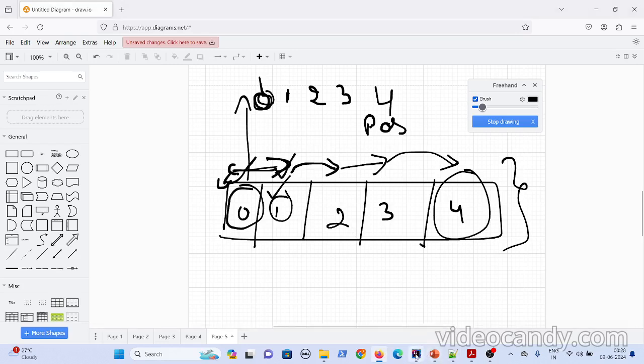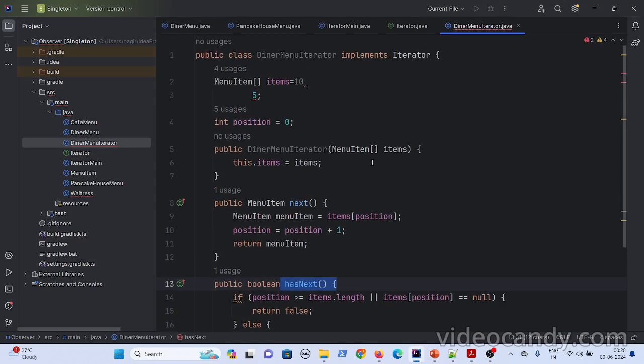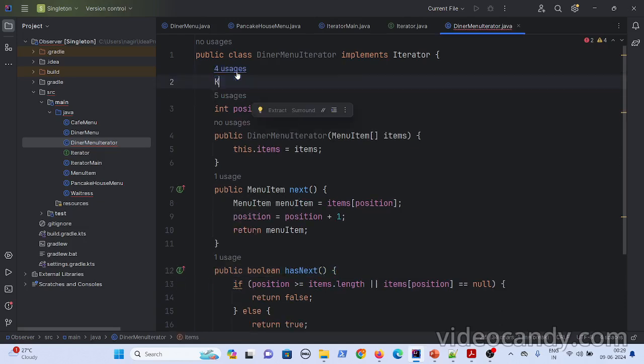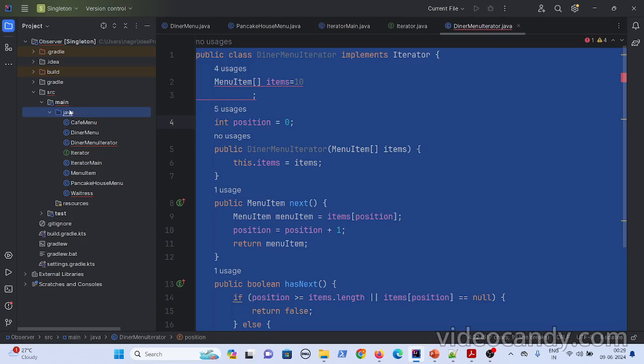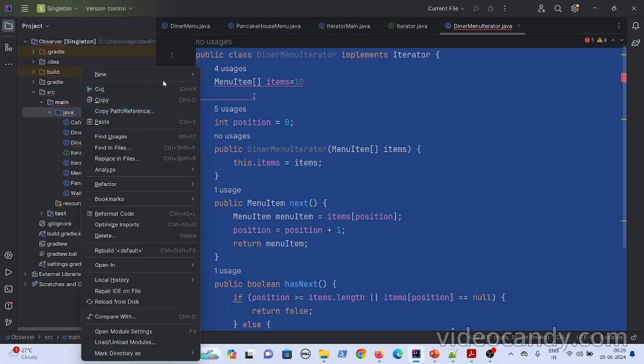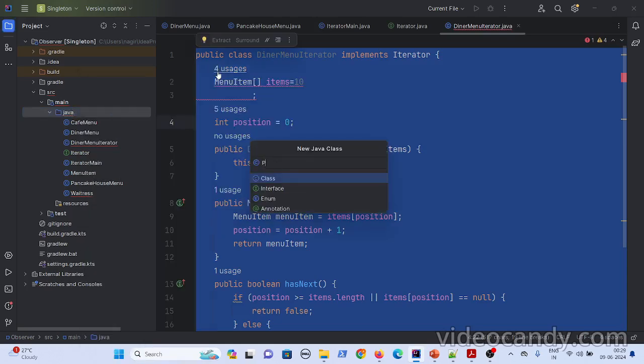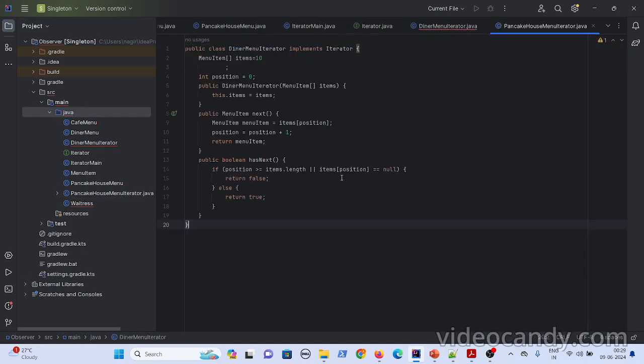Okay, in this way you implemented the iterator. Now you have to implement the pancake house menu iterator as well, because in the pancake house menu iterator you will have this list iterator. Or let me run that example. Okay, I'll implement the pancake house iterator. So if you see the pancake house menu iterator, let me just copy